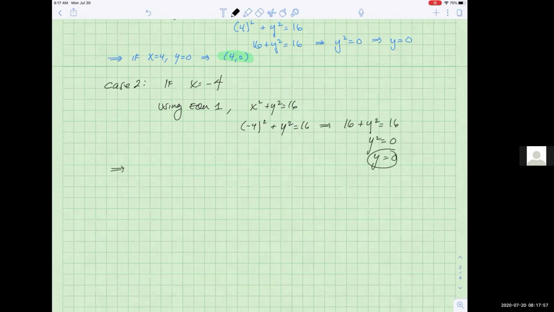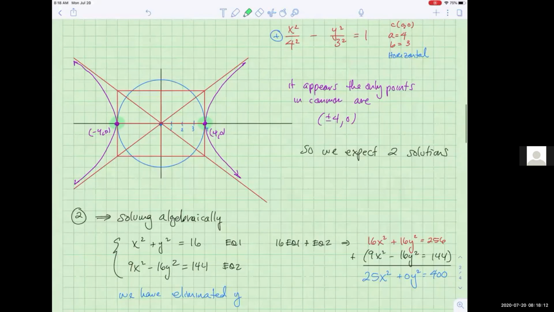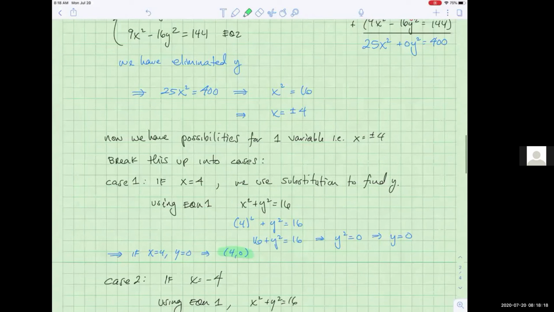And so if x equals negative 4, y also equals 0, and that gives us the ordered pair negative 4, 0. And that is congruent with what we saw up above for our visual solutions. Plus or minus 4, 0. And we've solved the system